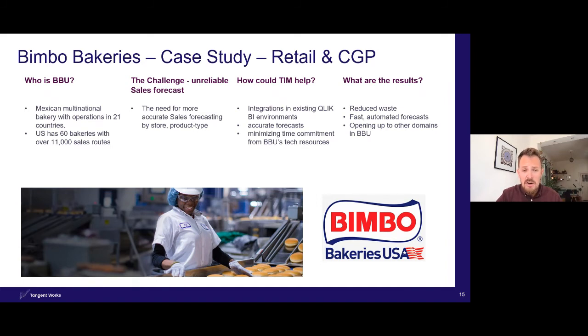Now their challenges are, they wanted to reduce waste, of course. Their products go to waste quite rapidly. They want to optimize their logistics, and they mainly wanted to sell more. They want to have the right products available in the right outlet at the right time. So basically what they wanted to do was improve their demand planning by having demand forecasting on a product level.